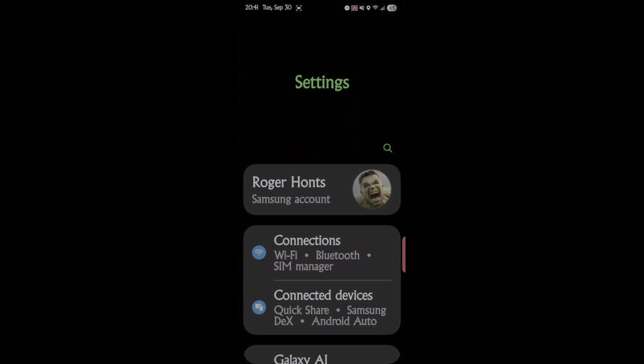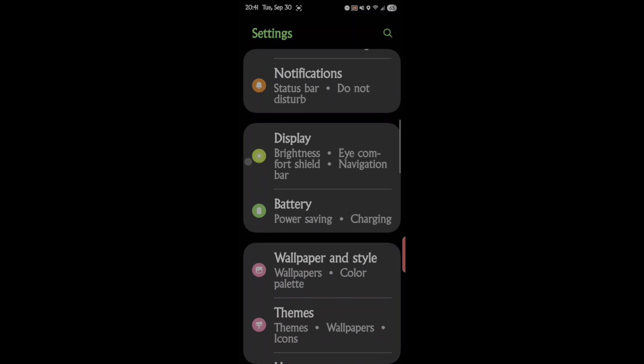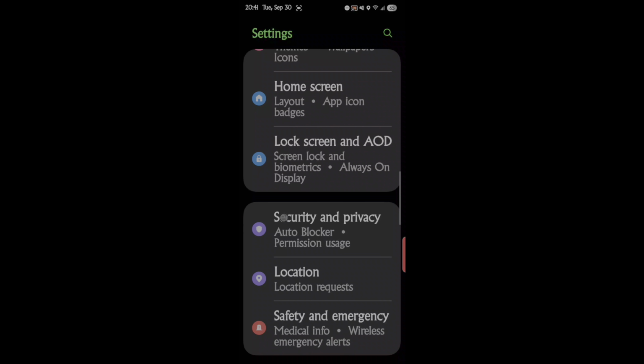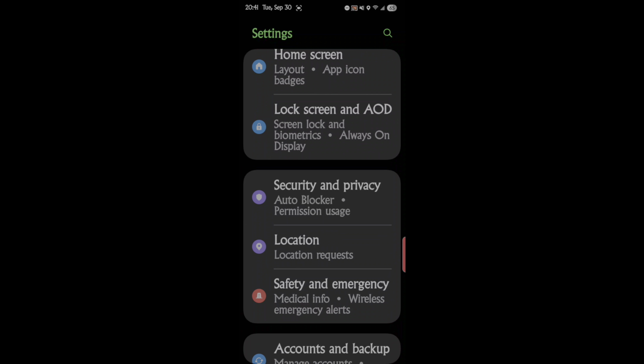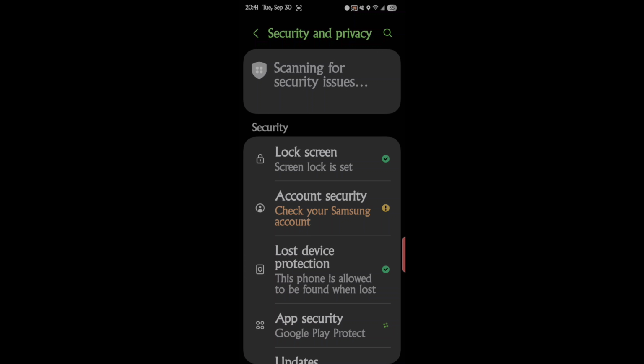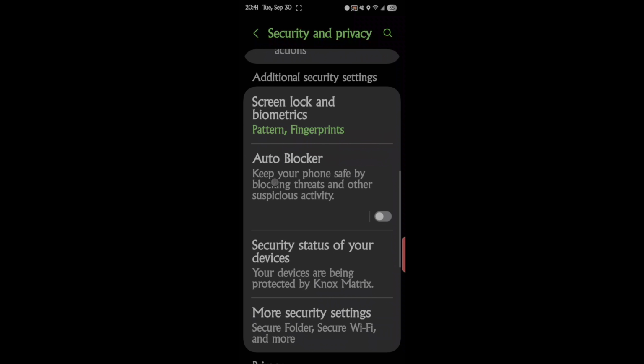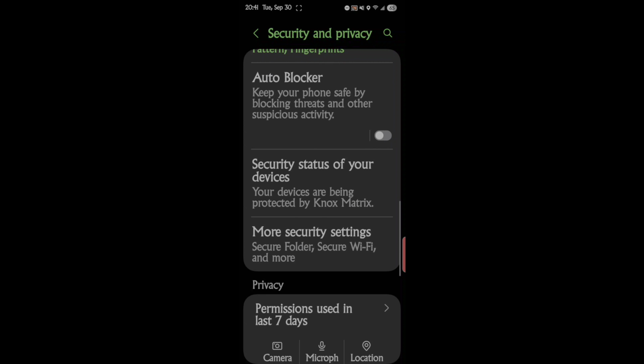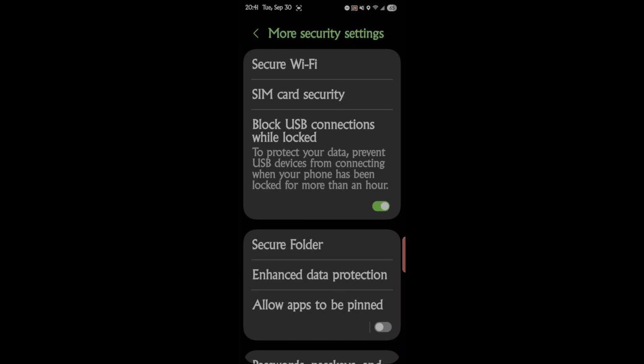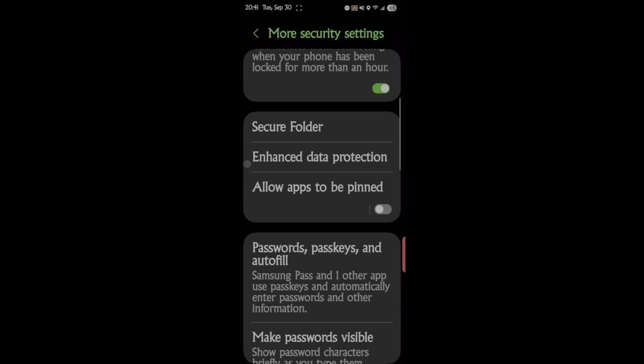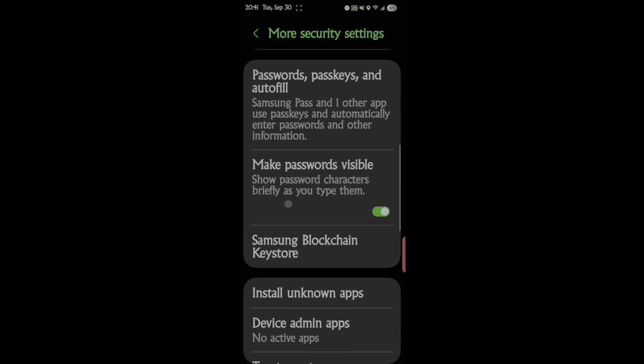So settings, and then scroll down to security and privacy. A lot of the things you'll ever need in this kind of field is in security and privacy. So security and privacy. And let's see, scroll down to more privacy settings. Yep, there it is. More security settings. And then scroll to